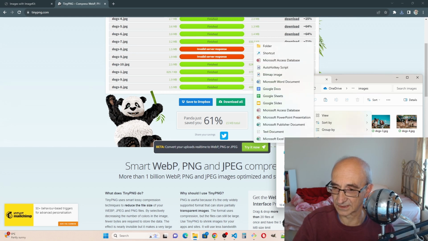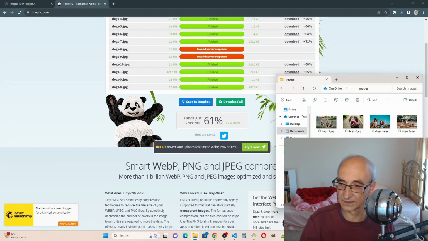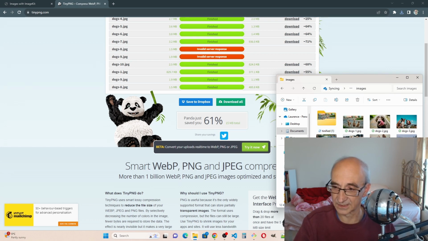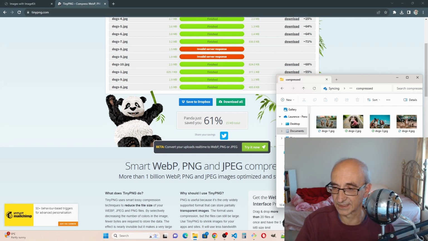I'll paste it there, and then extract all, and I'll rename this as compressed. If I go look in there, I have all my smaller images,